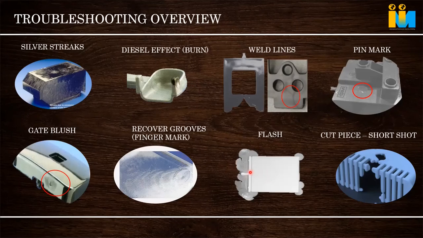Third, the gate is so small that by the time we are injecting, the gate has already closed, the gate has frozen, and the part has not filled. So what we do is give excess pressure in the machine to try to fill the part. Then what happens? The gate has already frozen, and in the runner area the mold opens a little bit. So flash comes in that area. So due to an improper gate also, this can come into the system. So give a generous gate properly.